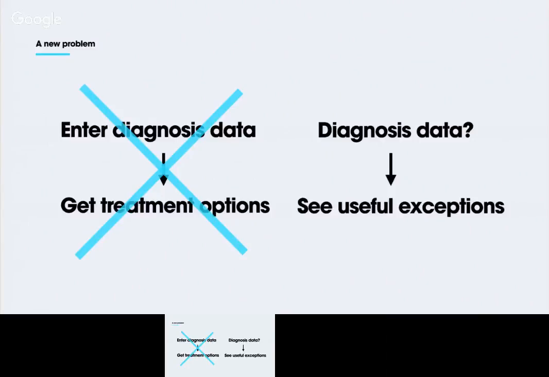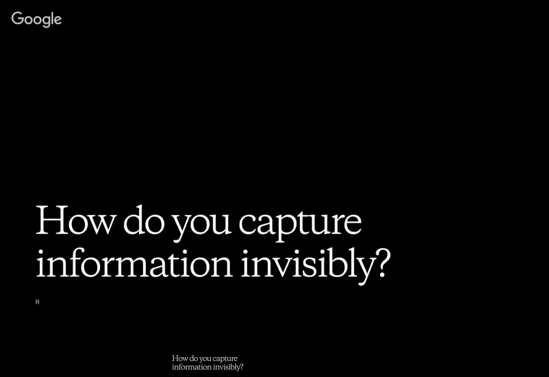What I'm saying is that no doctor would ever sit for 30 minutes entering data on the off chance they might get an exception. So that actually has to be a passive interface, and that's a completely different way of thinking about how to build interfaces altogether. So that's one problem that comes up when you deal with that different part of the Venn diagram I showed you. It's the question of how you capture information invisibly, in a way that doesn't put any